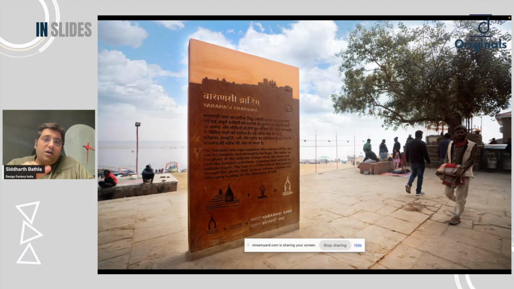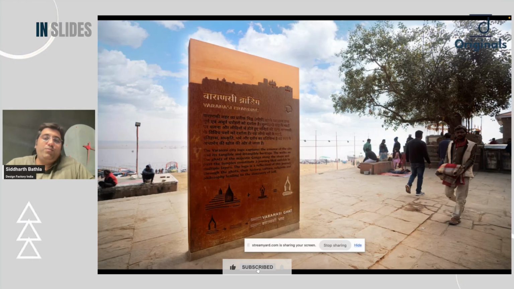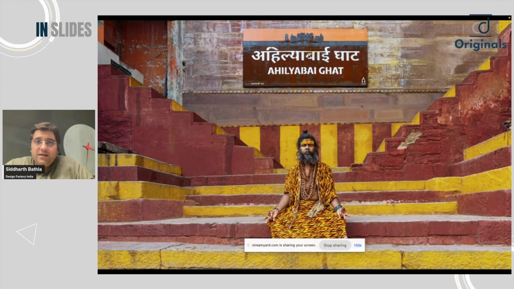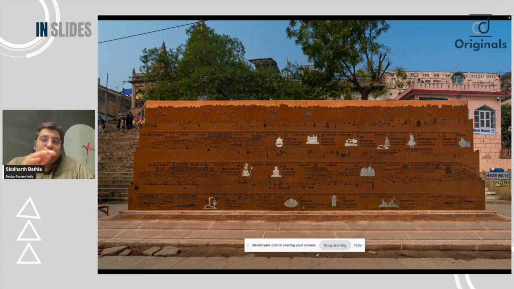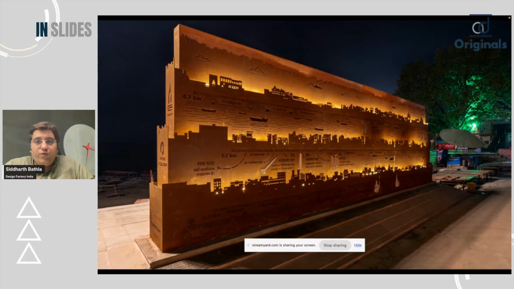Again, here the corten steel as a material is being used because during monsoon, 3 to 4 months, all the ghats are underwater. So this whole area which you see right now is underwater for 5 months. So broadly, once the water goes down, nothing should happen to your installation. So that is how the outdoor installations have been done, right from the signage of a ghat to storytelling signages. Once you enter into Varanasi, you need to know the stories of the different 80 ghats which Varanasi has. So as you enter, you can get to know the story of all those 80 ghats before you move forward. And then, of course, it's an installation at night.